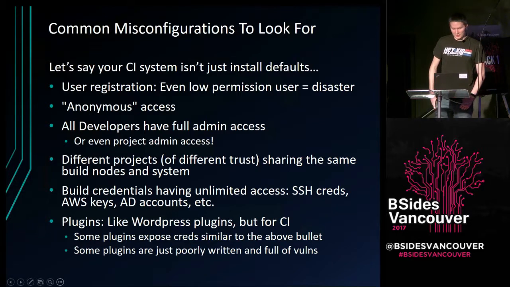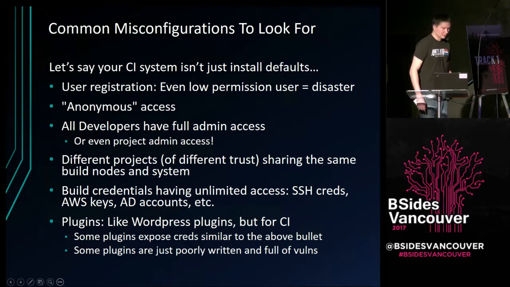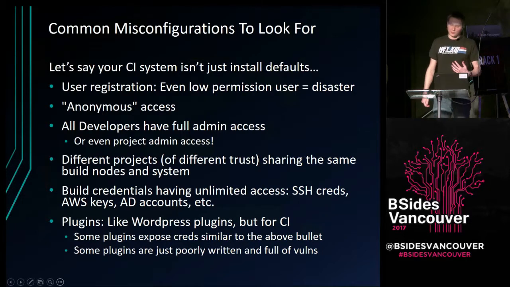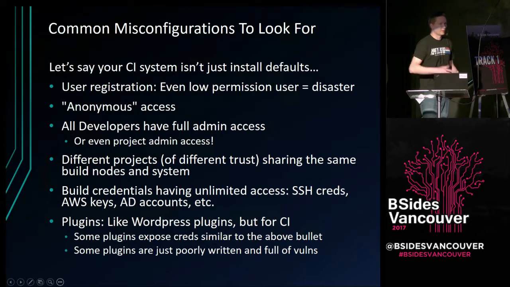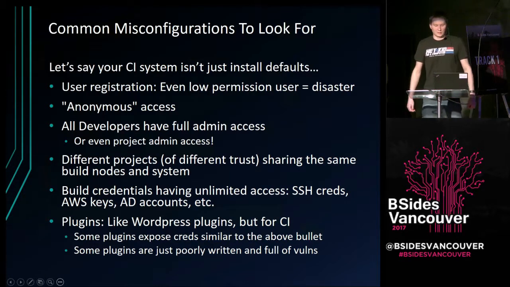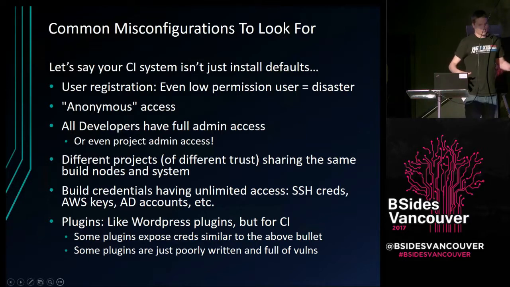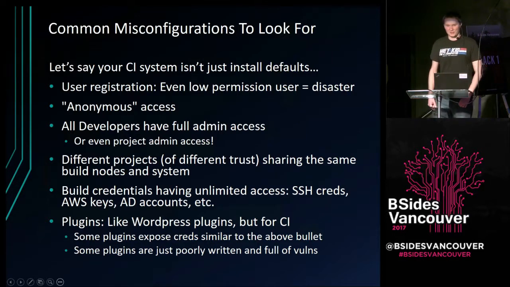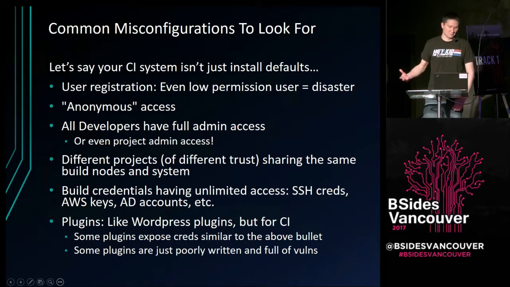The next thing, and this is kind of the second piece of what you do once you get access to one of these servers: almost always the build systems have credentials with tons of access. So that might be SSH credentials to push the deployment out to a server that's hosting your production or staging environment. It might be an SSH credential that just has access to every server because we don't know in advance what the build system's going to build for, so let's just cover our bases. There's often things like AWS keys if you're doing hosting in the cloud. Could be Azure management keys, could be whatever cloud provider you love.